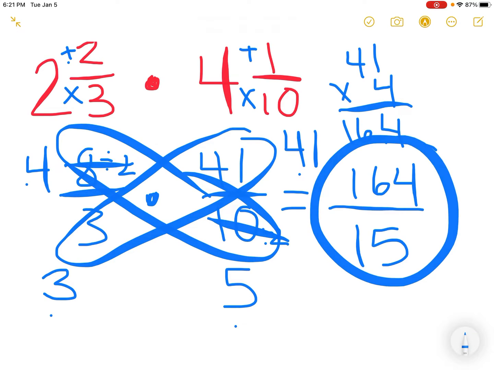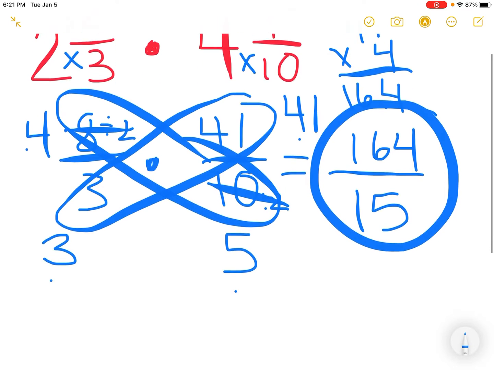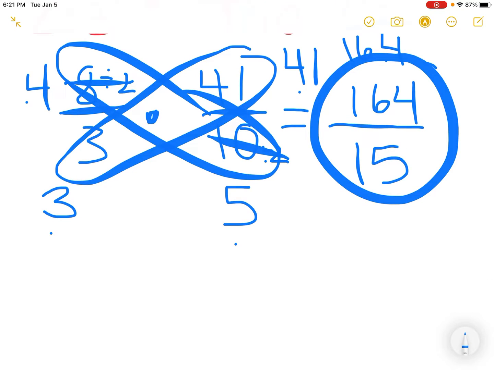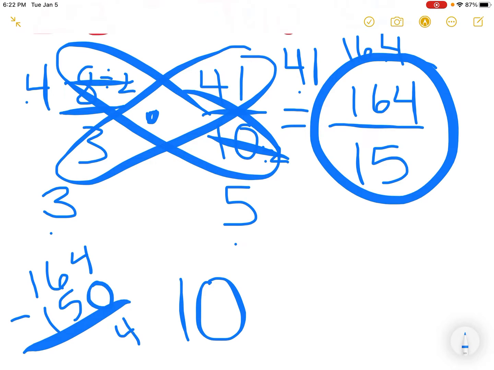What's wrong with 164/15? It's improper, so we need to turn that to a mixed number and see if there's anything we need to simplify. So we're going to figure out how many 15s go into 164. I'm guessing it's going to be, let's see, 15 times 10 is 150. And if I added one more 15 there, I'd be up to 165. So it seems like just 10 15s are going to fit in there. And then 164 minus 150 is going to be our remainder, which is 14